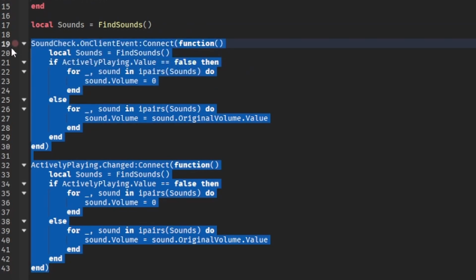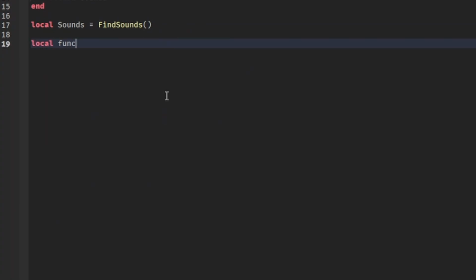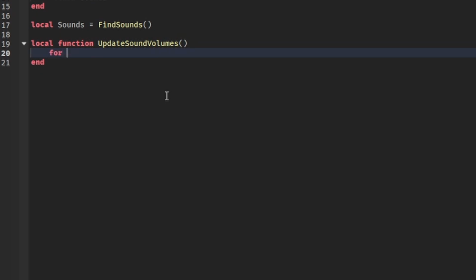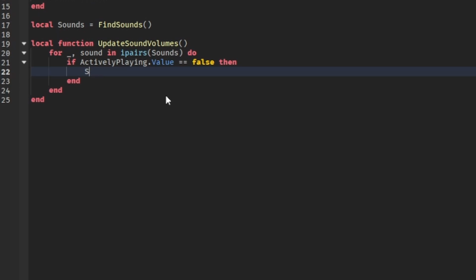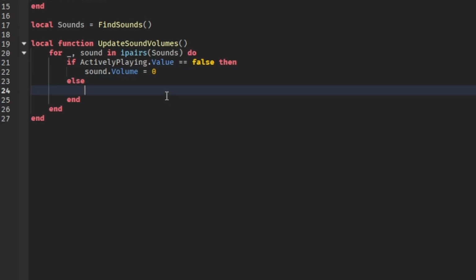We're just going to delete all of this and then write local function updateSoundVolumes(). Then for _, sound in ipairs(sounds) do: if activelyPlaying.Value == false then sound.Volume = 0, else sound.Volume = sound